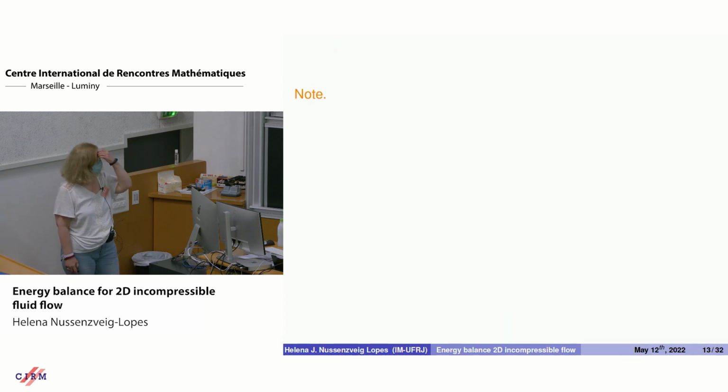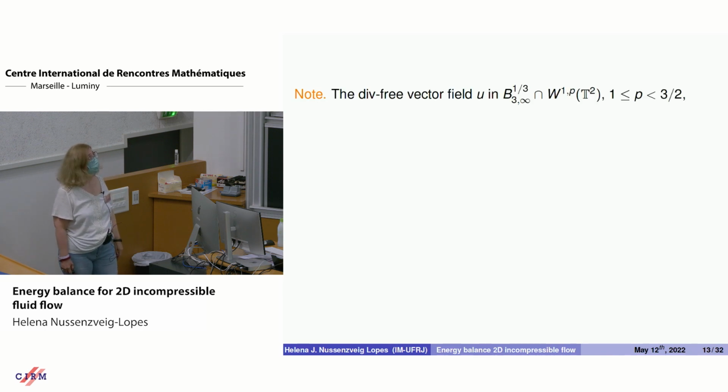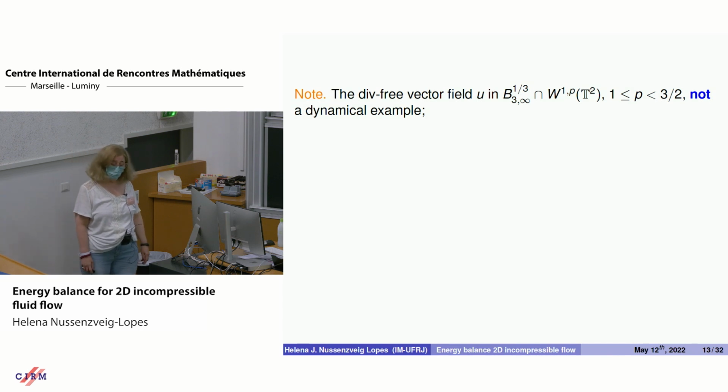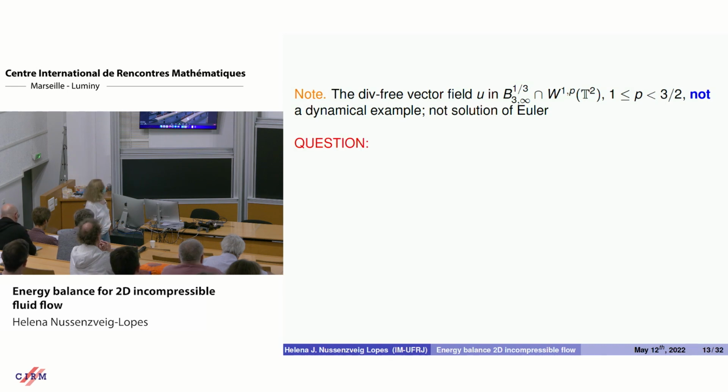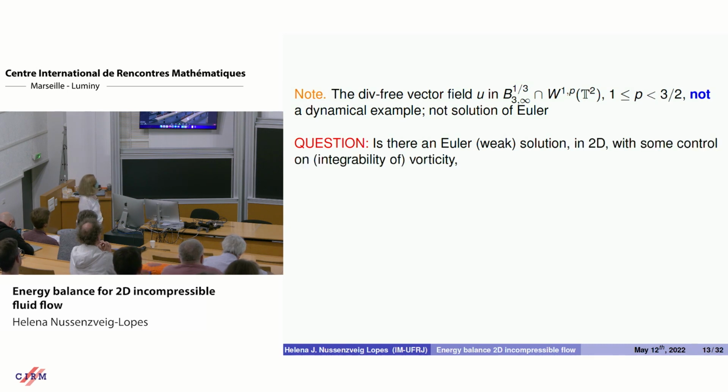Okay, so this example here is not a dynamical example. It simply illustrates that the method is optimal. It's an example which just tells you about the technique we're using. All right, so at this point we pose ourselves the question: is it possible that there's an Euler solution